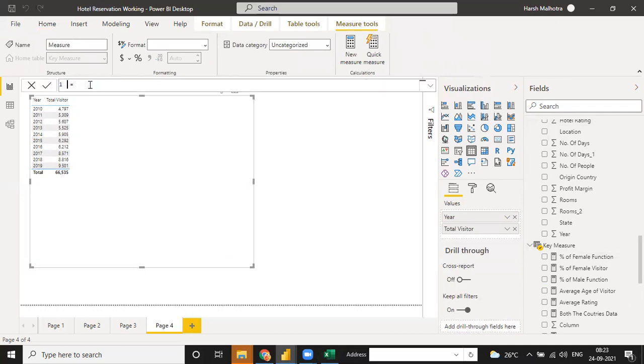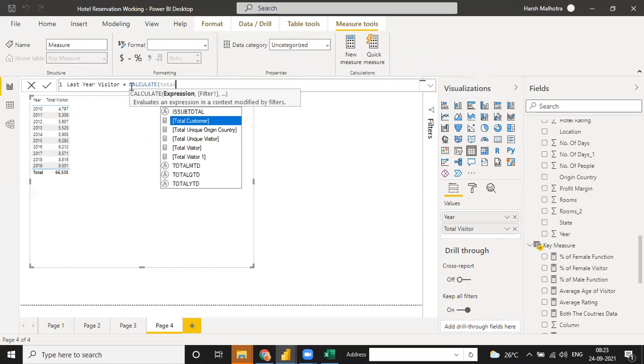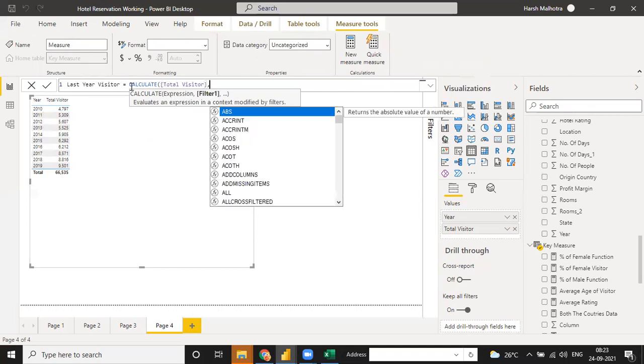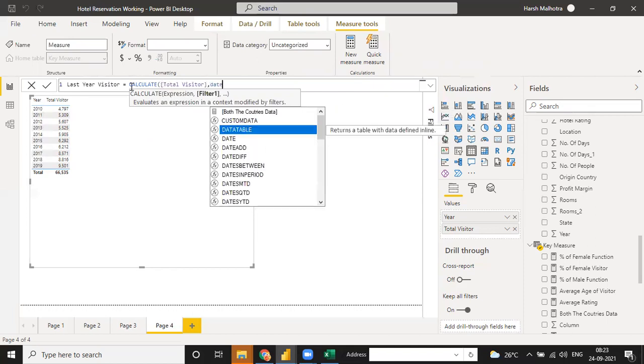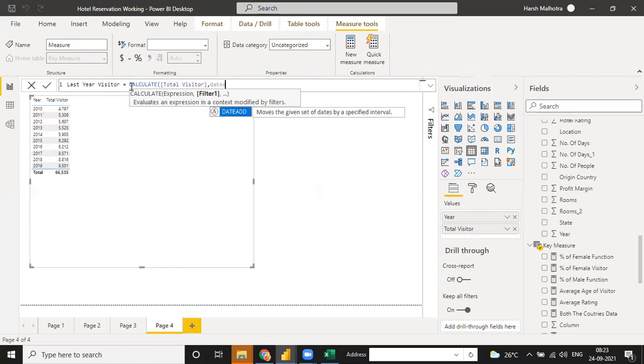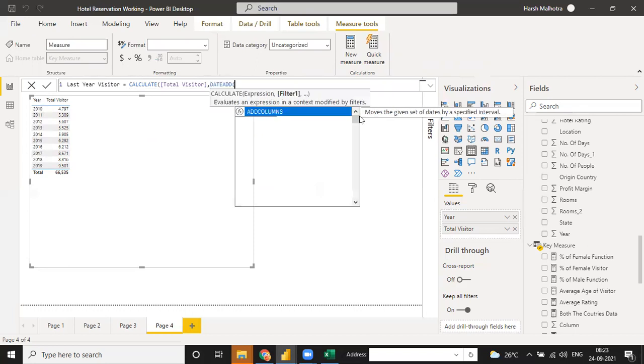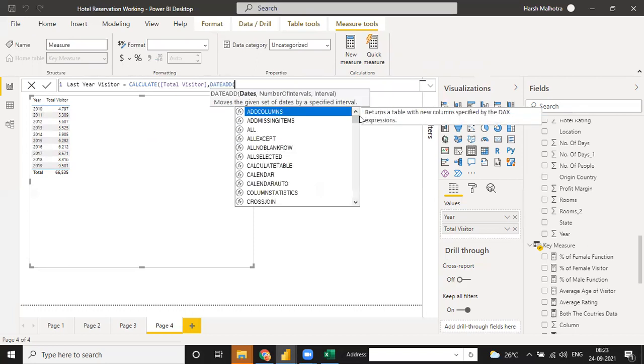I just click here, last year visitor. Okay, for last year visitor, I use a CALCULATE function on total visitor, because we have total visitor, and from total we have to add one more function like DATEADD. DATEADD moves the given set of dates by a specific interval. I need a specific interval, so date, and we have a